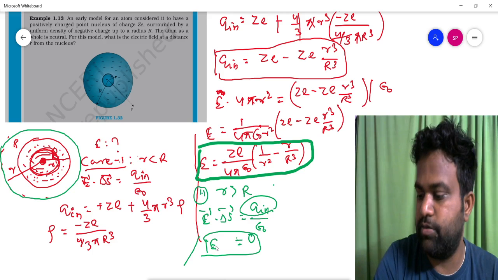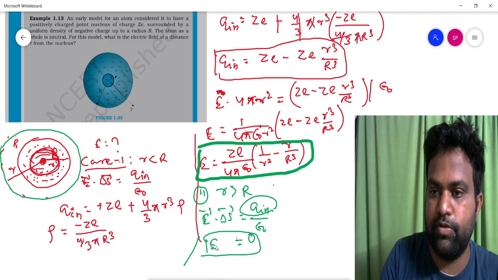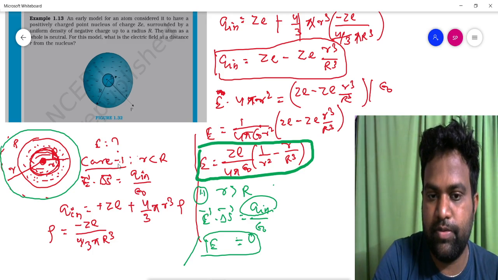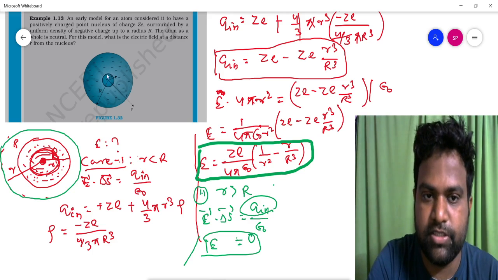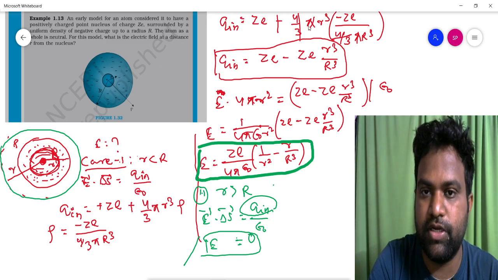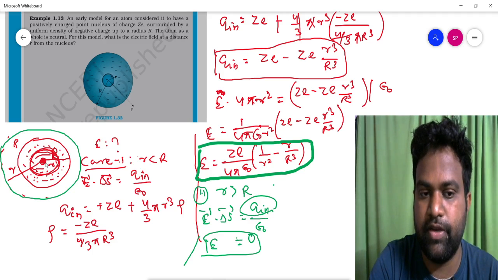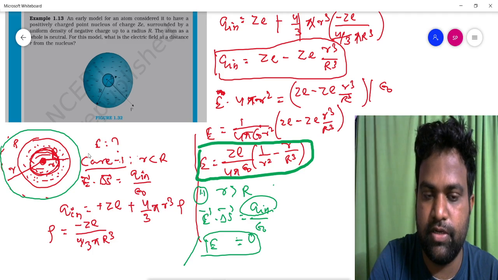So this thing you try to calculate. This is a very important question for your board, and this question comes many times. The only technique we used in the beginning is that you first calculate the density of negative charge and positive charge separately. The density of negative charge you will calculate, and in the region where you are finding the field for small r, you calculate the total charge, Q inside. For that you will use that rho.